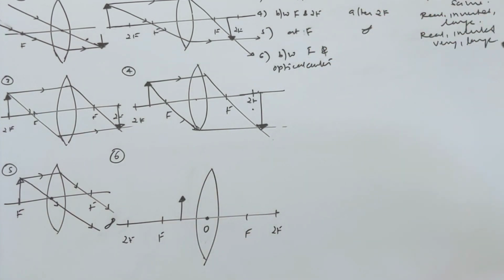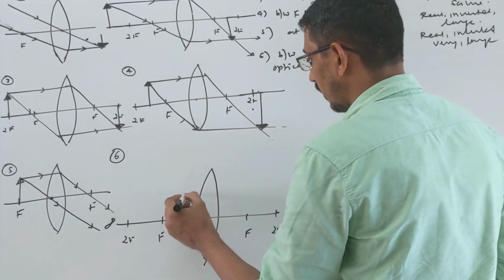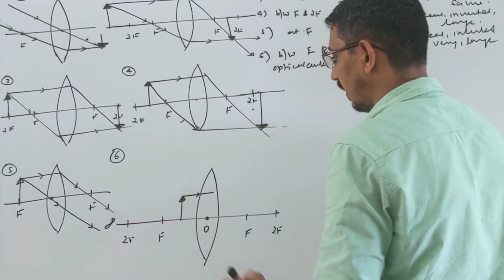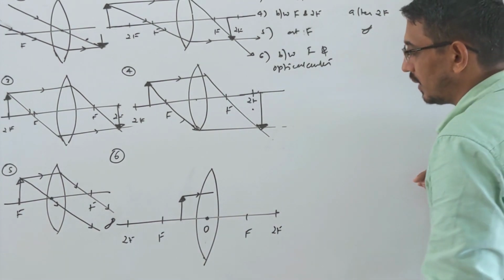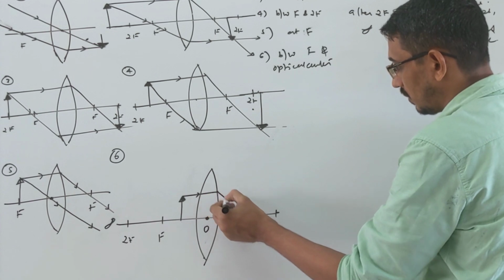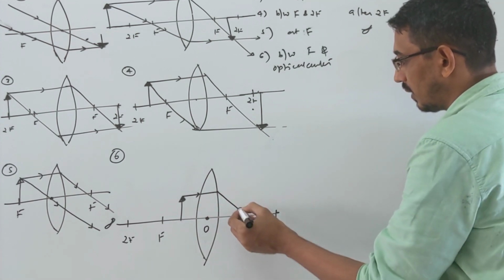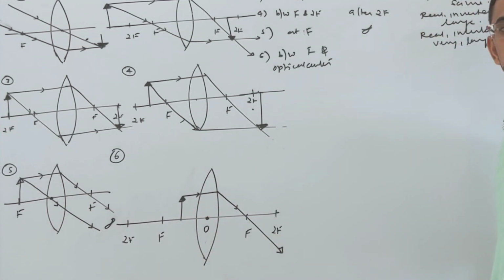So now you want to draw the ray diagram, it will make a virtual image. How will it make a virtual image? Let's see. One ray coming parallel, correct? It will pass through the focus, we know, right? Yes. So let's pass it through the focus. This is passing, correct? Okay, now look here.